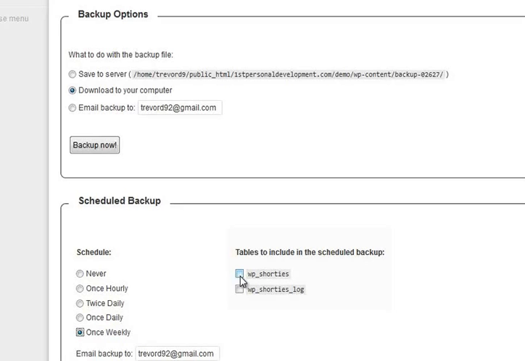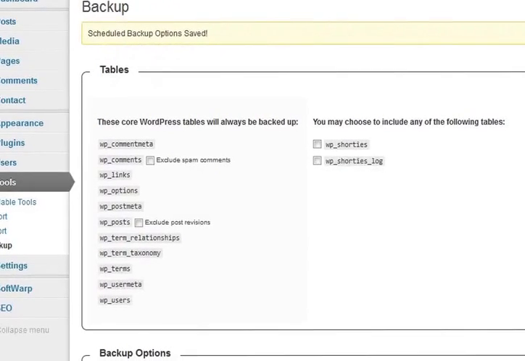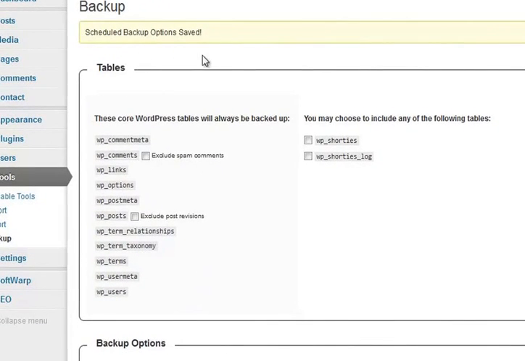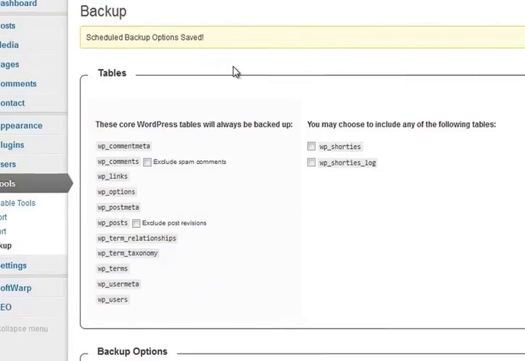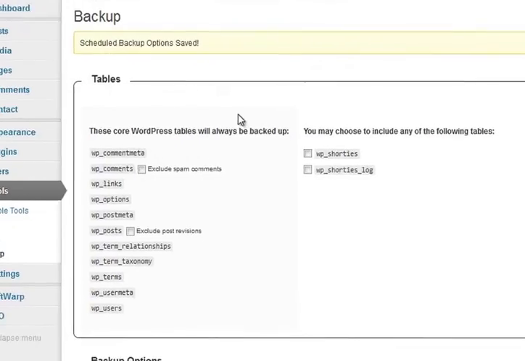Not worried about, well, actually in that one I might be. So if there's other things that it could potentially include, it will offer to include them, but it's quite intelligent. And what that will do is just, once I've set it up, once a week it will send me a backup. As you can see, schedule backup options saved, and it will send everything,